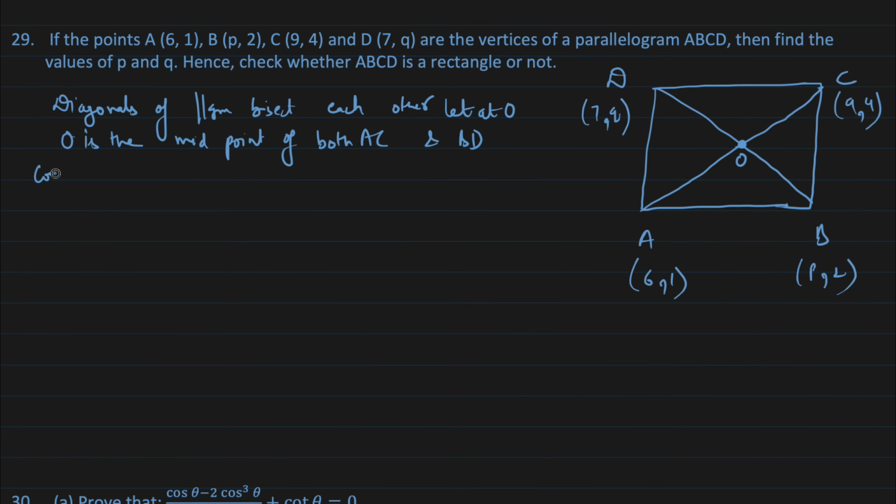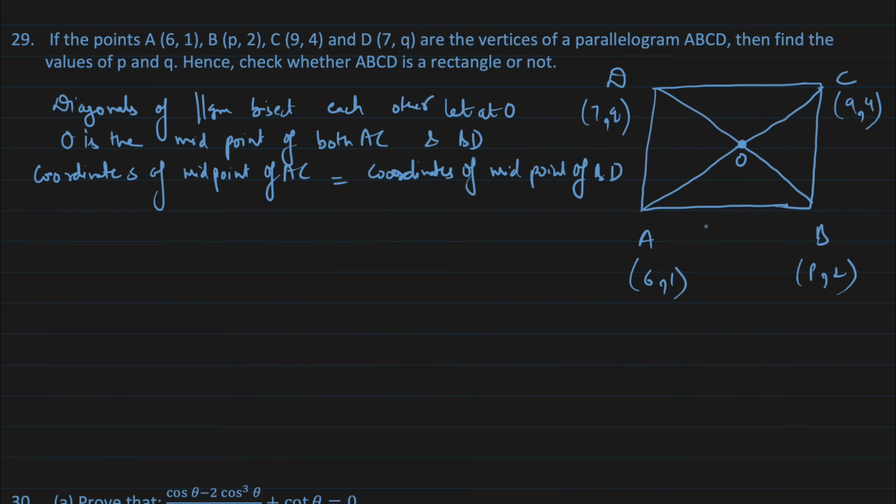So coordinates of midpoint of AC will be equal to coordinates of midpoint of BD, right? So the coordinates of the midpoint of AC, you know the midpoint formula, no need to tell. 6 plus 9 by 2 comma, this is 9 only, right? Yes, 9 plus 4 by 2. Okay,